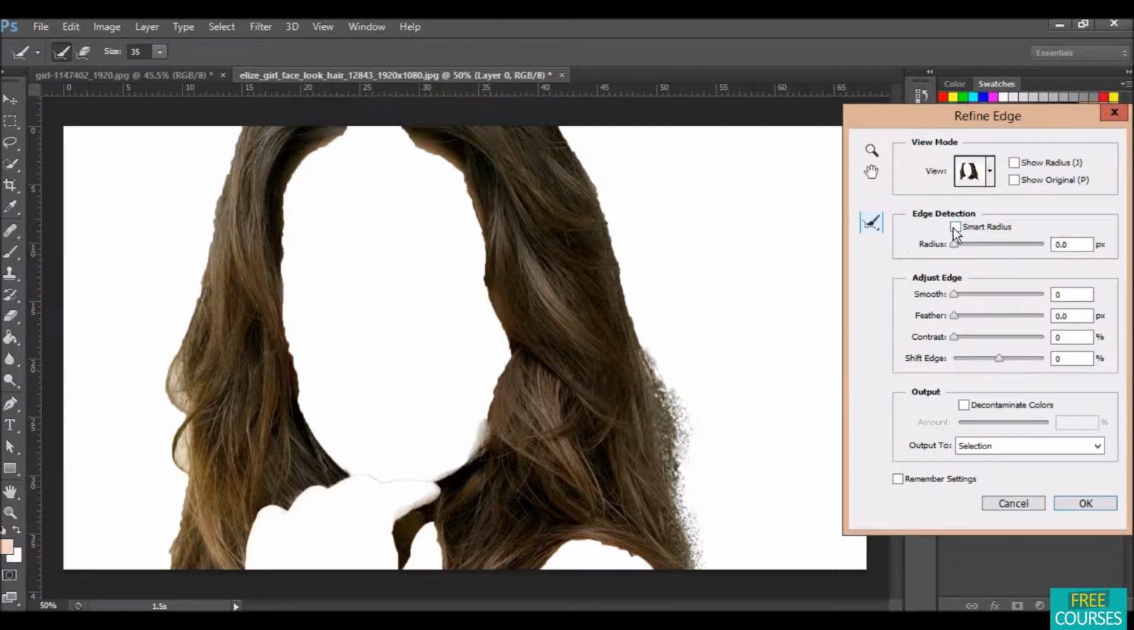and select a smart radius around 50. It will depend upon the size of your image, so I am using it a little bit low. I think 10 is perfect. Then hit OK,